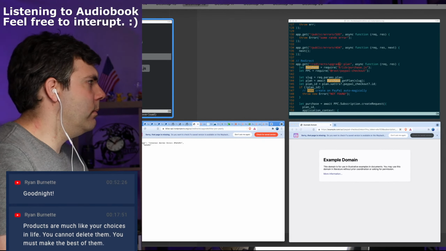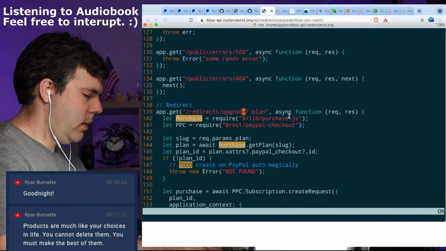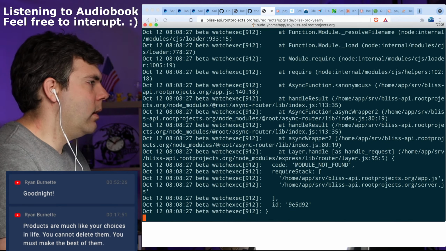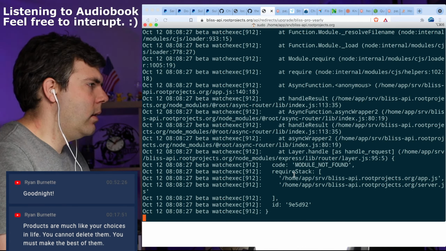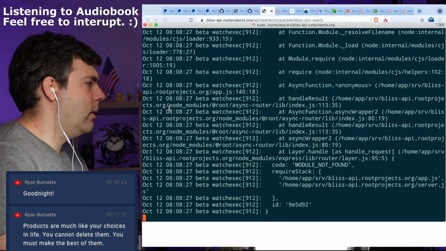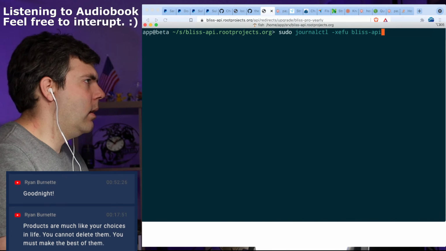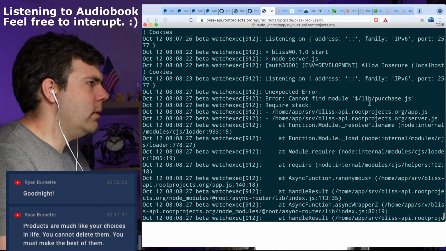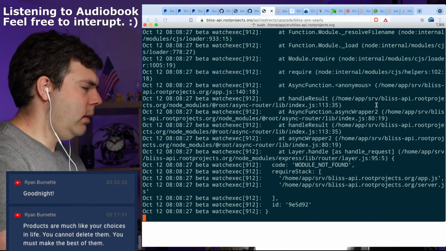Internal server error, awesome. We're getting better all the time. Module not found with what? Lib purchase.js. Really?